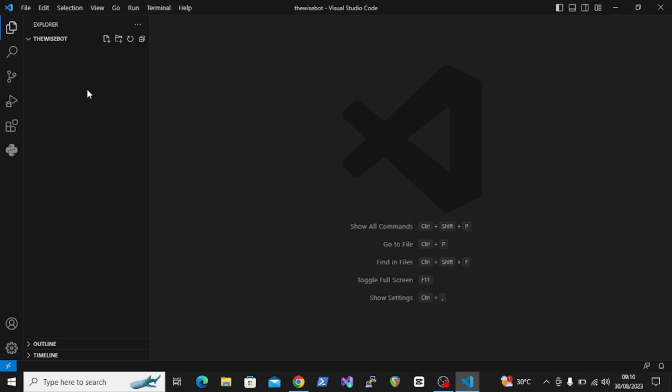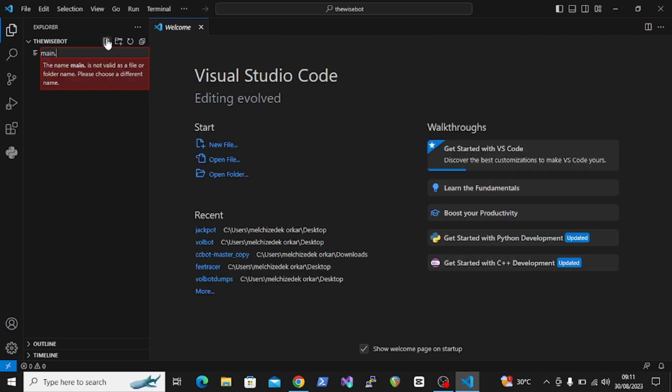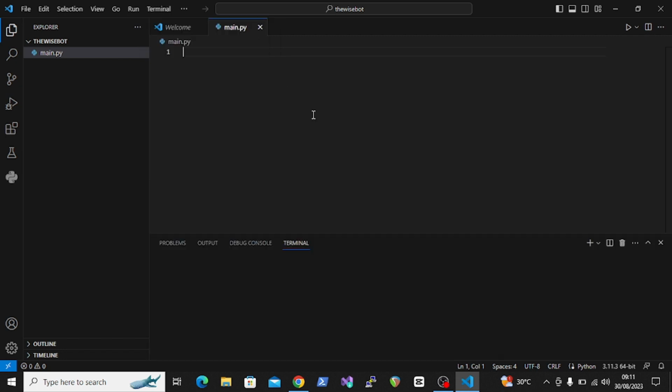When you open it, you create a new file, which is main.py. This is kind of conventional for the main file which you host all the script in. Okay, so let's open the terminal and create